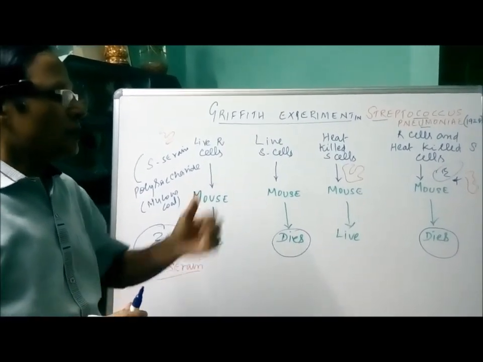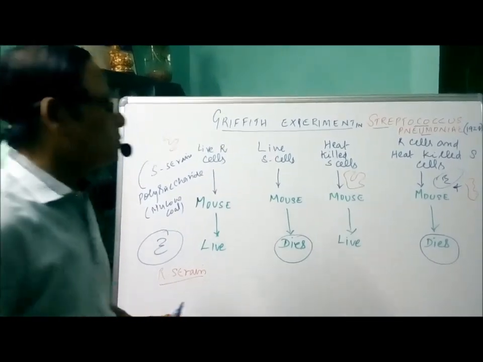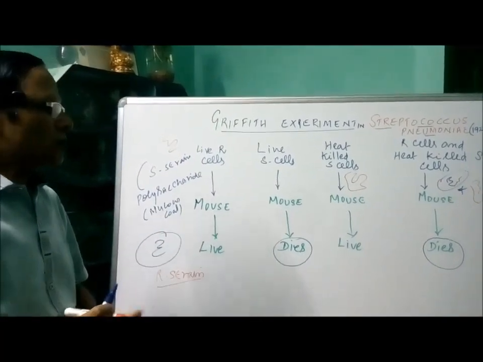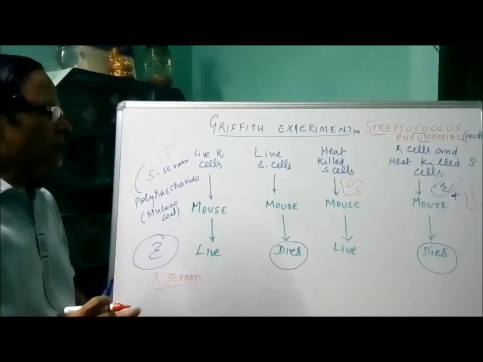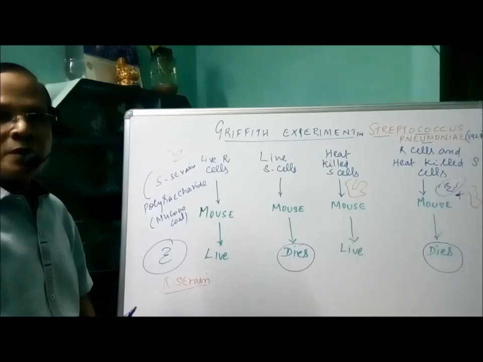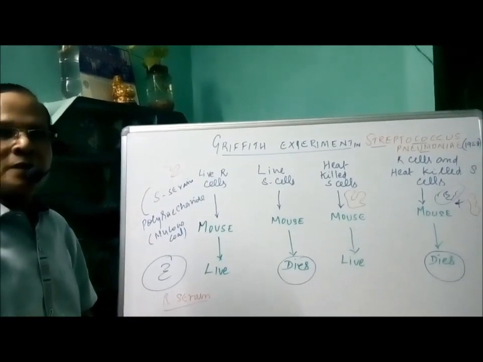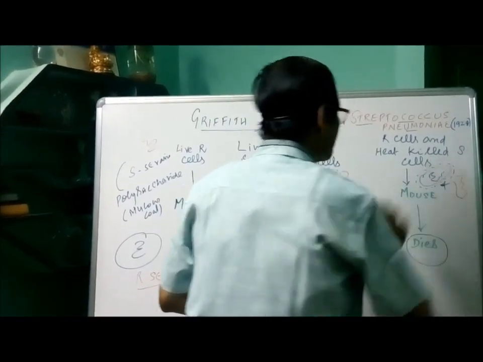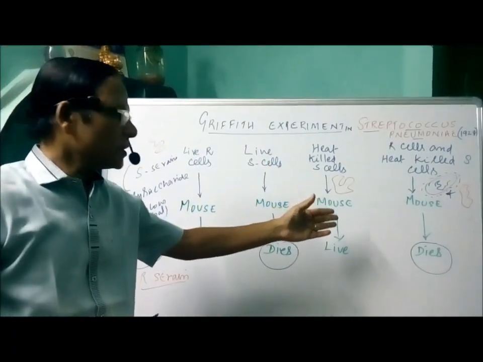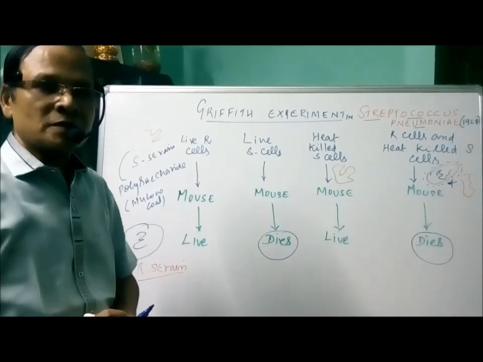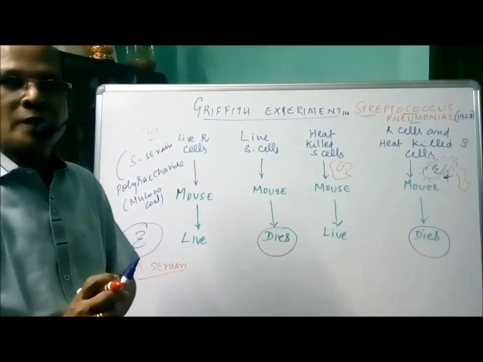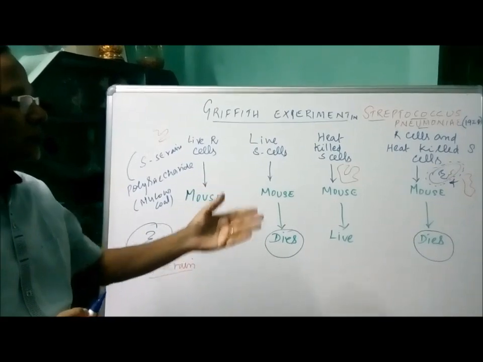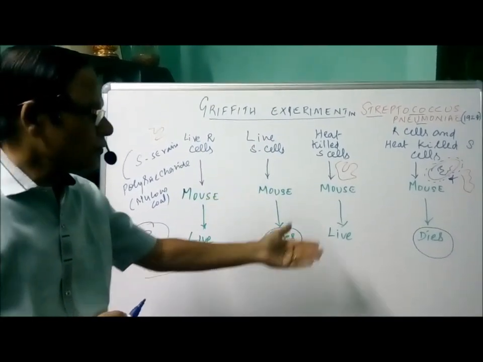So what will happen? This DNA is taken up by the R cells. This is actually called the transformation process. Now the DNA has been taken inside and attached to the DNA of the rough cell. Now the R cells have the ability to develop the smooth surface. So when it was injected into the body of the mouse, the R cells, now in the form of S cells, caused the death of the mouse. This is because of the outer coat, which is responsible for the death of